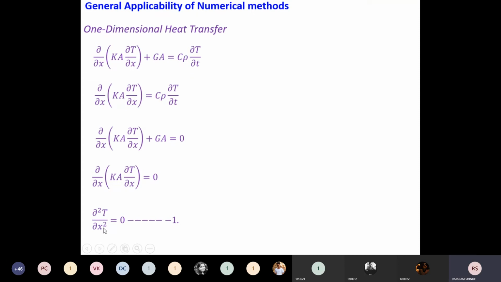Now this is the equation for the thermal discipline. Now if I go to the next discipline, one-dimensional fluid flow. Now you know the continuity equation. What is continuity equation? Discharge at any location is constant. Am I right? Or mass flow rate is constant. Rho A U is equal to constant. Here rho is the density, A is the area, U is the velocity of the flow, and that is equal to constant. Now when I differentiate with respect to x, I can get 0 because this term is constant. Am I right?